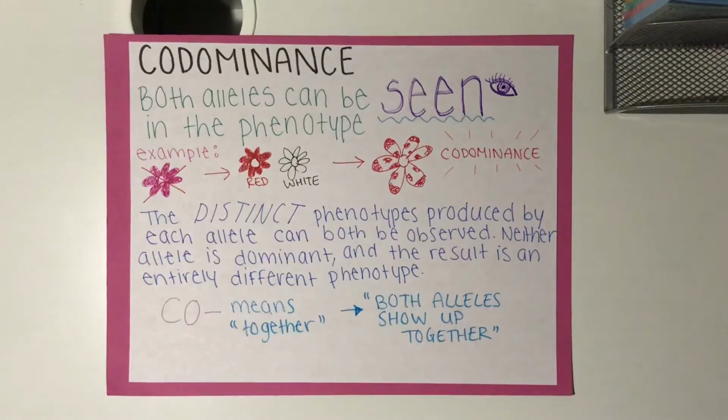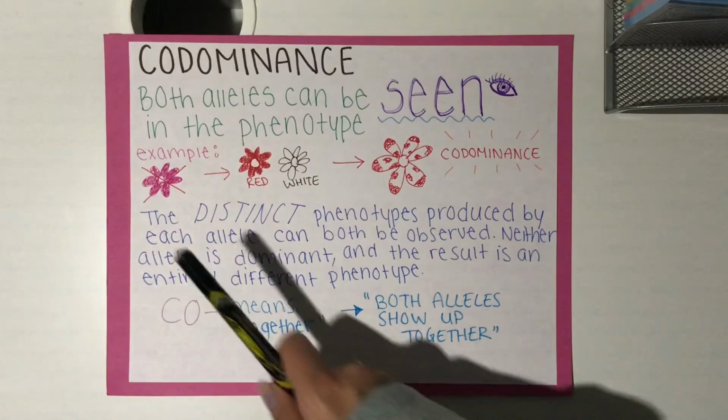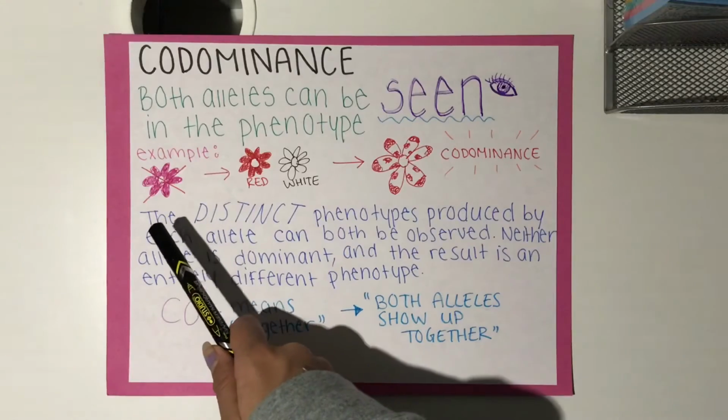So the next problem is an example of codominance. It remains imperative to recognize that incomplete dominance is not the same as codominance. In codominance, both alleles can be seen in the phenotype at the same time. For instance, instead of being uniformly pink, a flower with